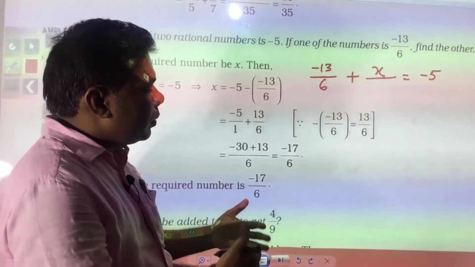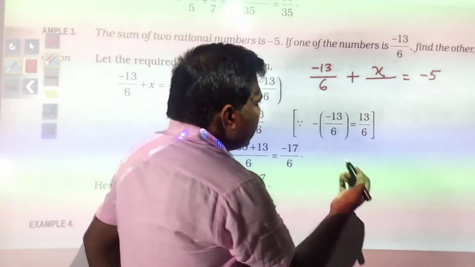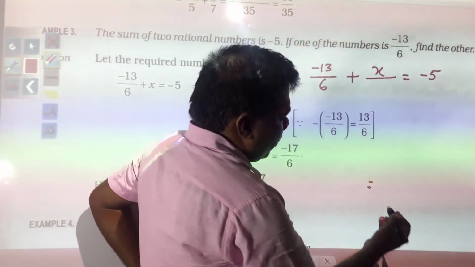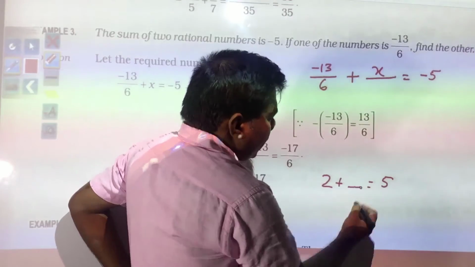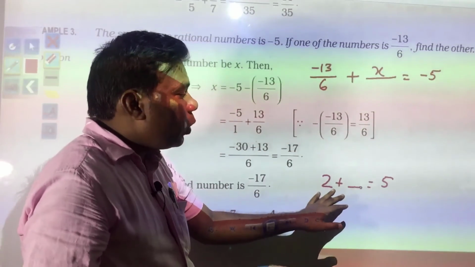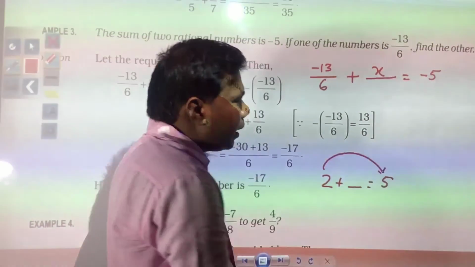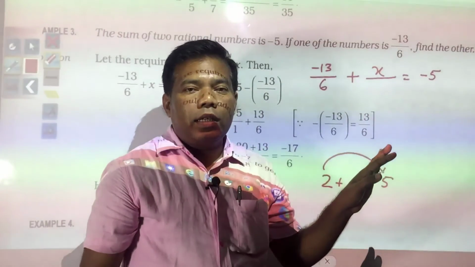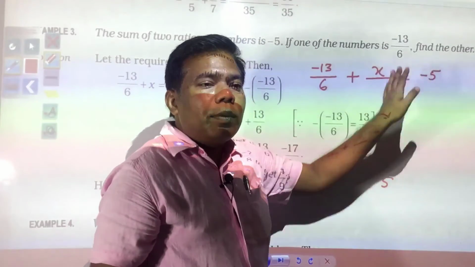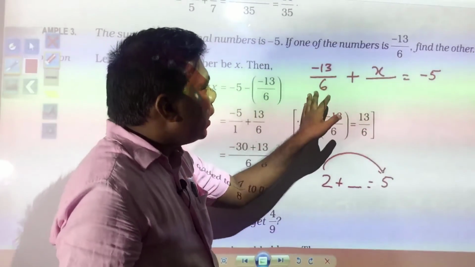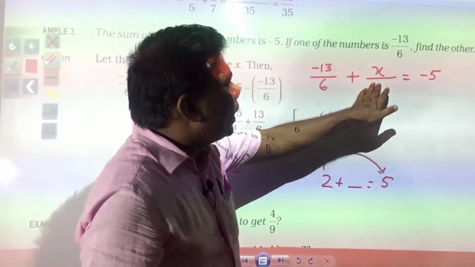So what we will do, suppose we put very simple whole numbers or integers and then try to understand. Suppose you are adding two numbers and you are getting 5. One number you have been given is 2, the other number you need to find out. So what would we do? We subtract the first number from the sum. The sum will always be greater than both numbers, so if any one number is subtracted from the sum, you will get the other number.